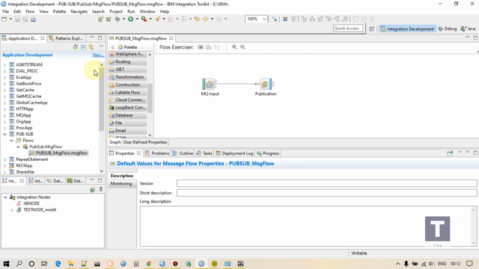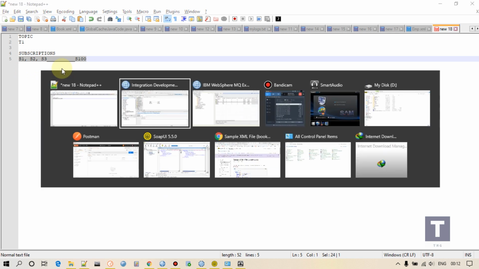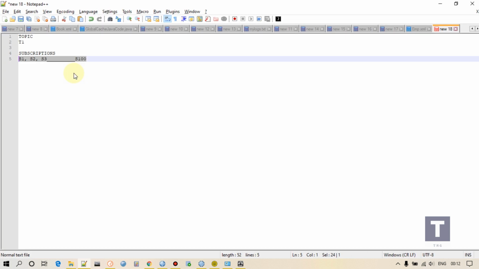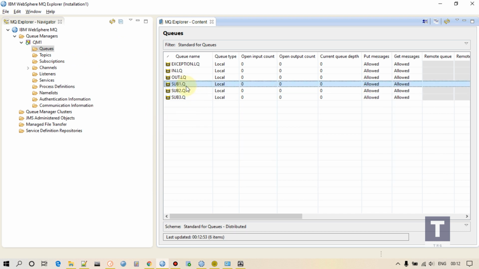Every subscription will have a subscriber queue on which this message will be published. If I had 100 subscriptions, I would have 100 queues. These are nothing but local queues.